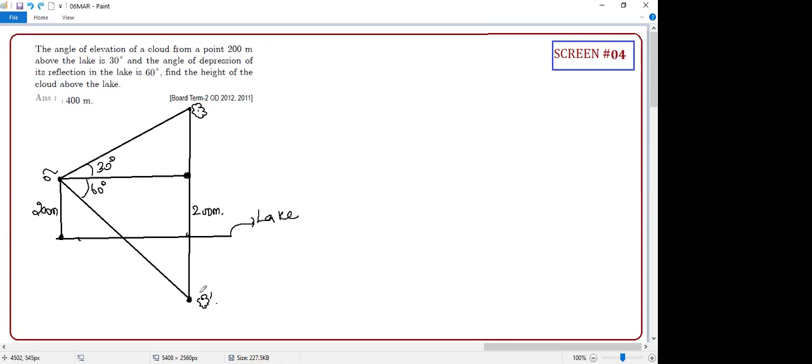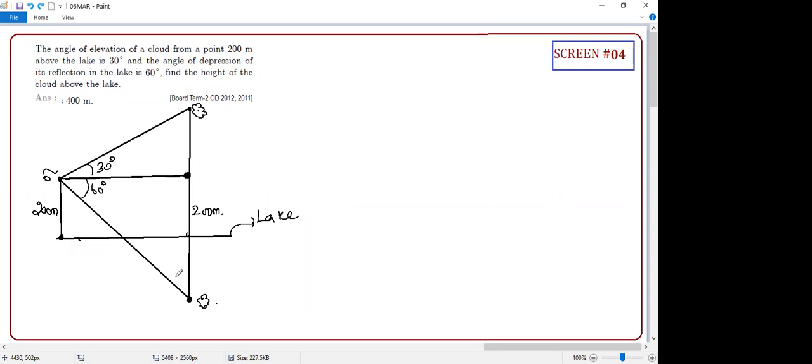Now this is its reflection inside the water, correct or not? Yes, sir. And he is looking here also, clear or not? And it is 60 degrees. This is the horizontal level. He's seeing, and inside that triangle the 60 degrees will come, right, sir? Yes, this is 60 degrees. This is correct or not? Are you able to follow me or not? Yes, sir. Understood, sir.